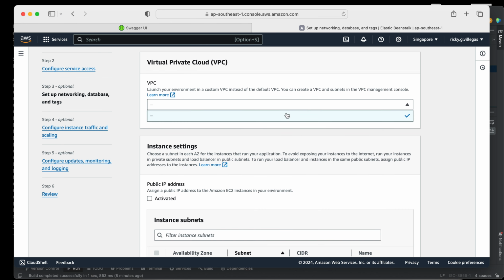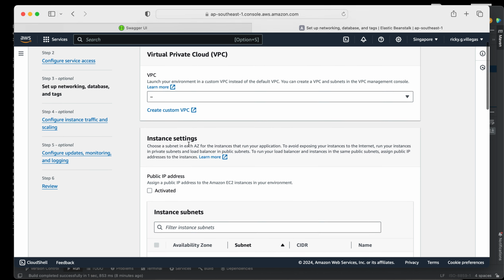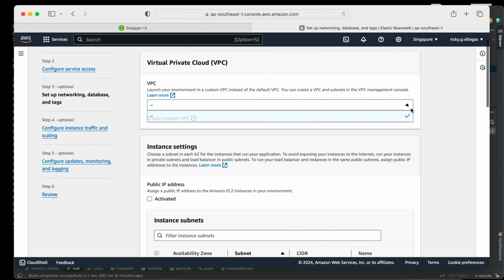Then for VPC, we need to create a new custom VPC.